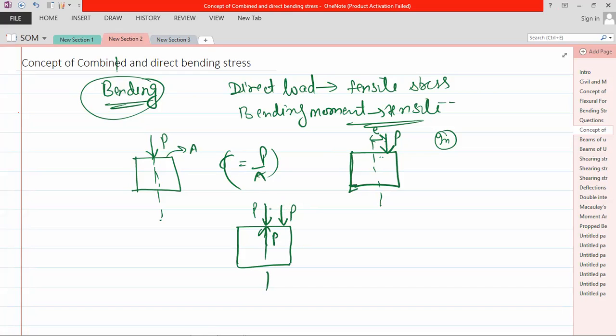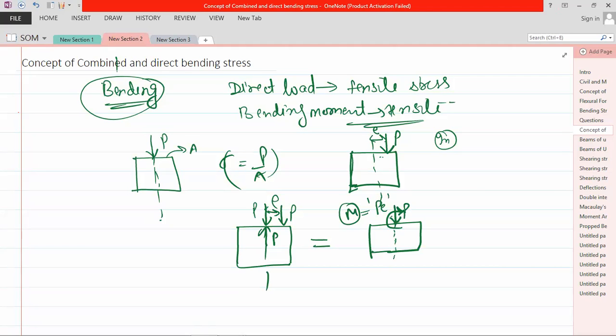Now you can see that because of this eccentricity, this is forming a couple, and this system is equivalent to a load P and a couple PE acting on the body. This is a couple. Now, from this configuration, you can see that this body at the center has two loads,